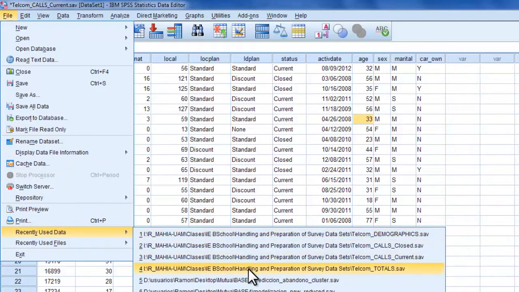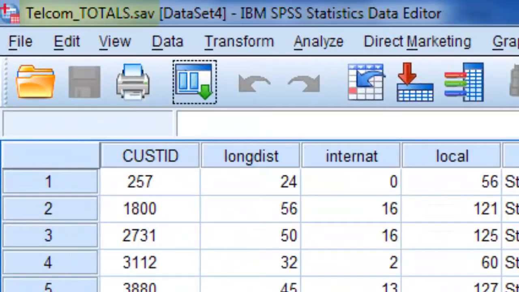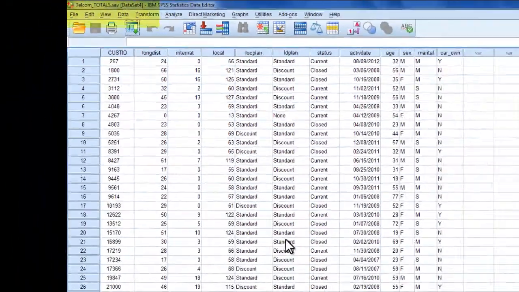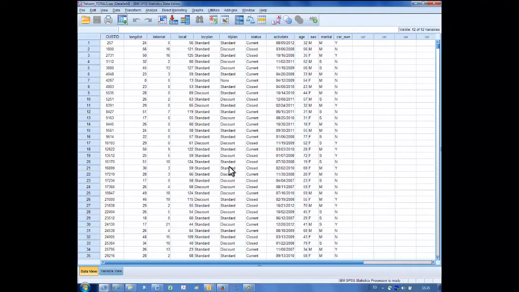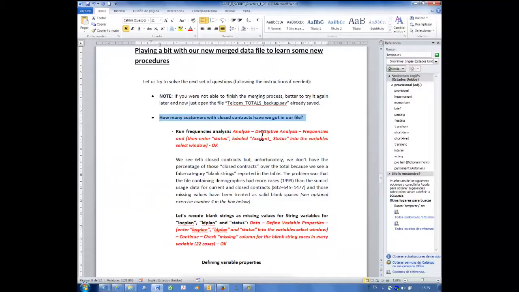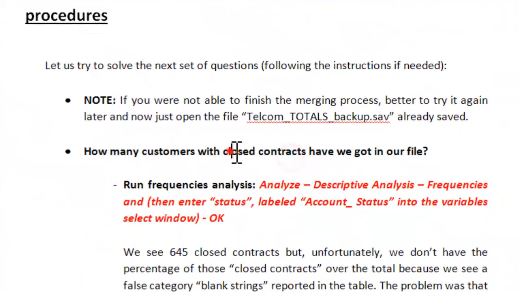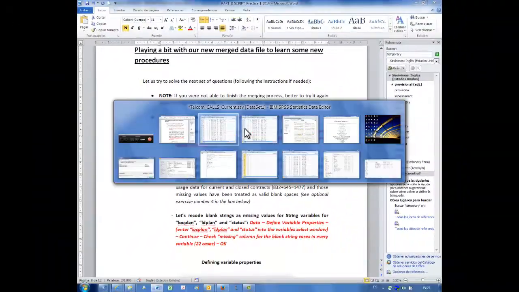In my case, I have this file already in recently used data. So I open the file. And now to answer this first question, how many closed contracts do we have? Basically,